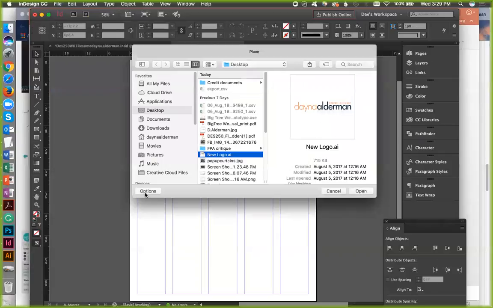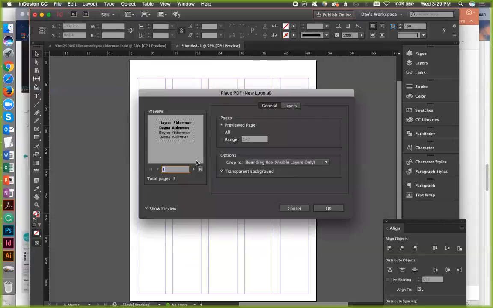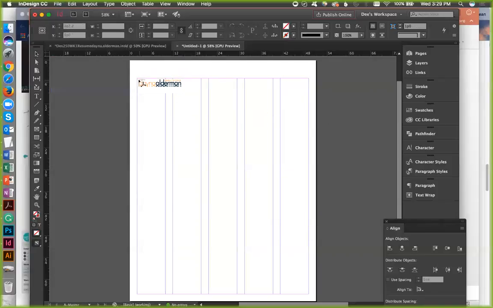I'm going to go here to Options and show Import Options and Open. Now, if I show that Import Options, this gives me an opportunity to come in here and just bring this in like that. I'll do like that. I'm not sure if I'm going to make this a little bit bigger, possibly. I think maybe make it a little bit bigger. I want it to kind of stand out a little bit. There we go.